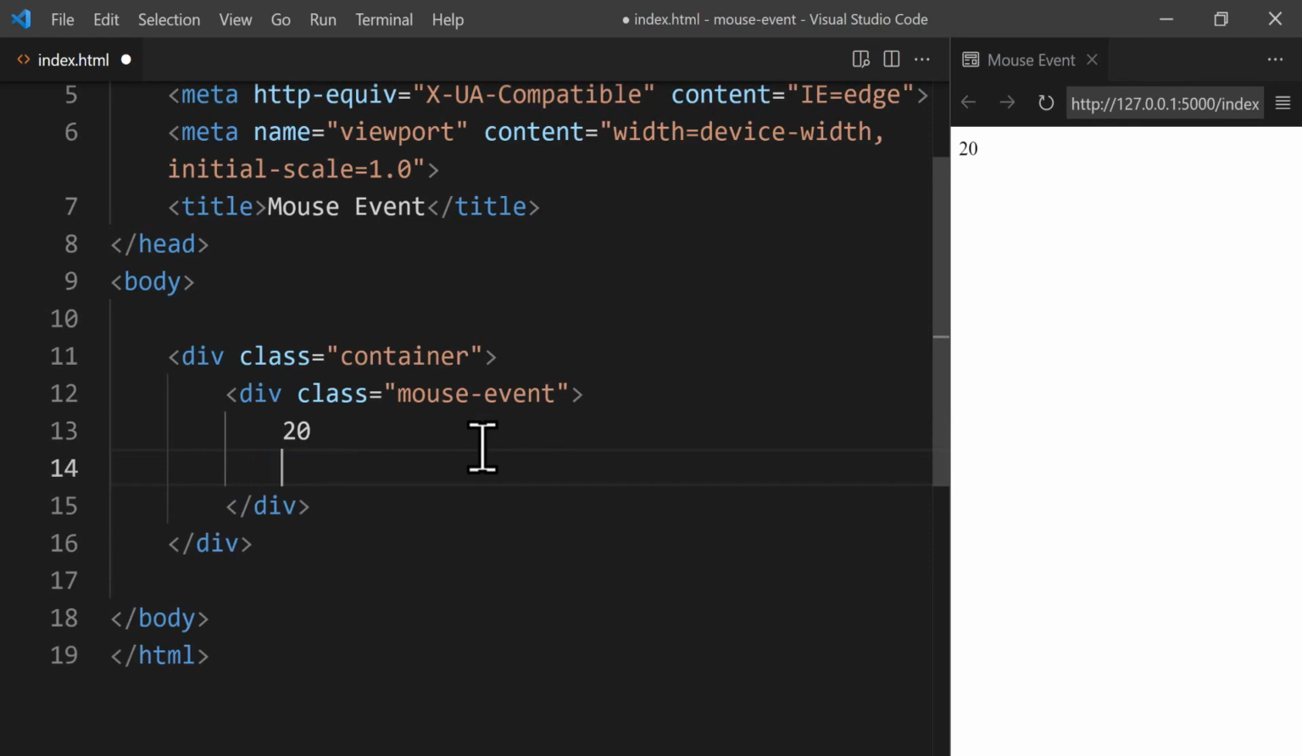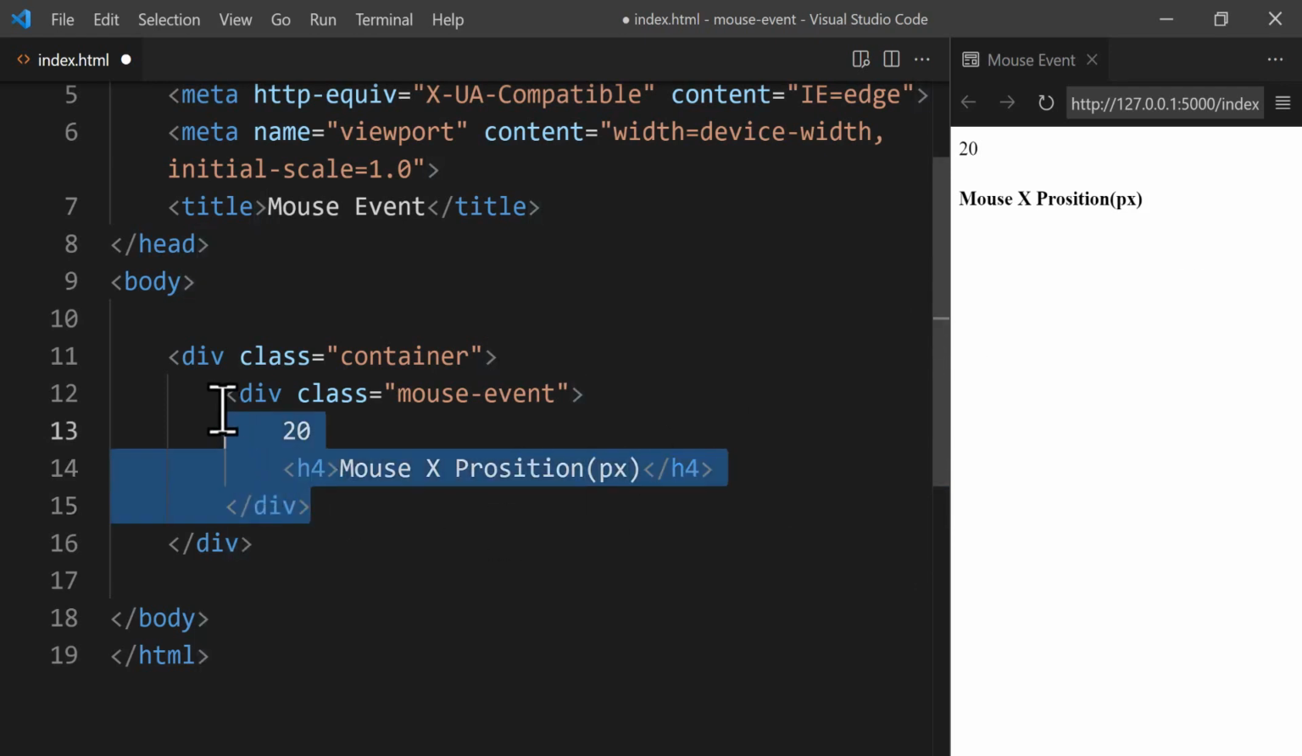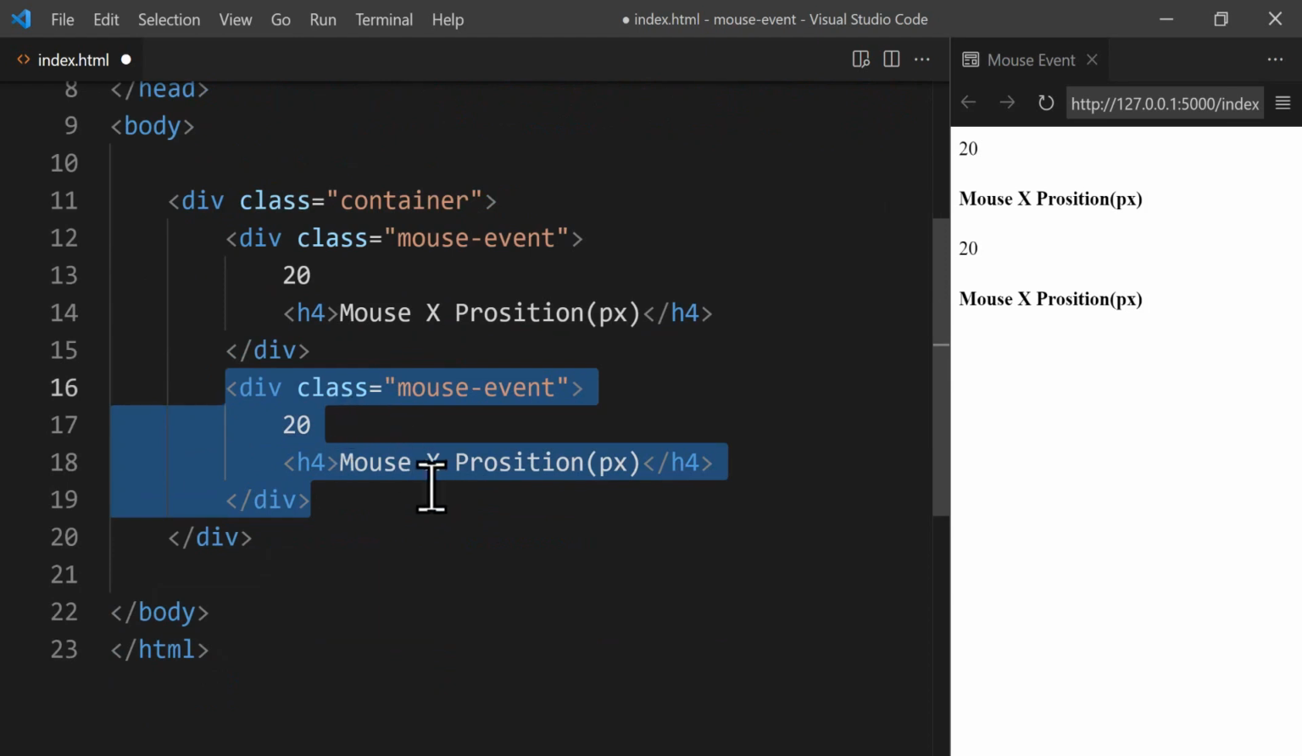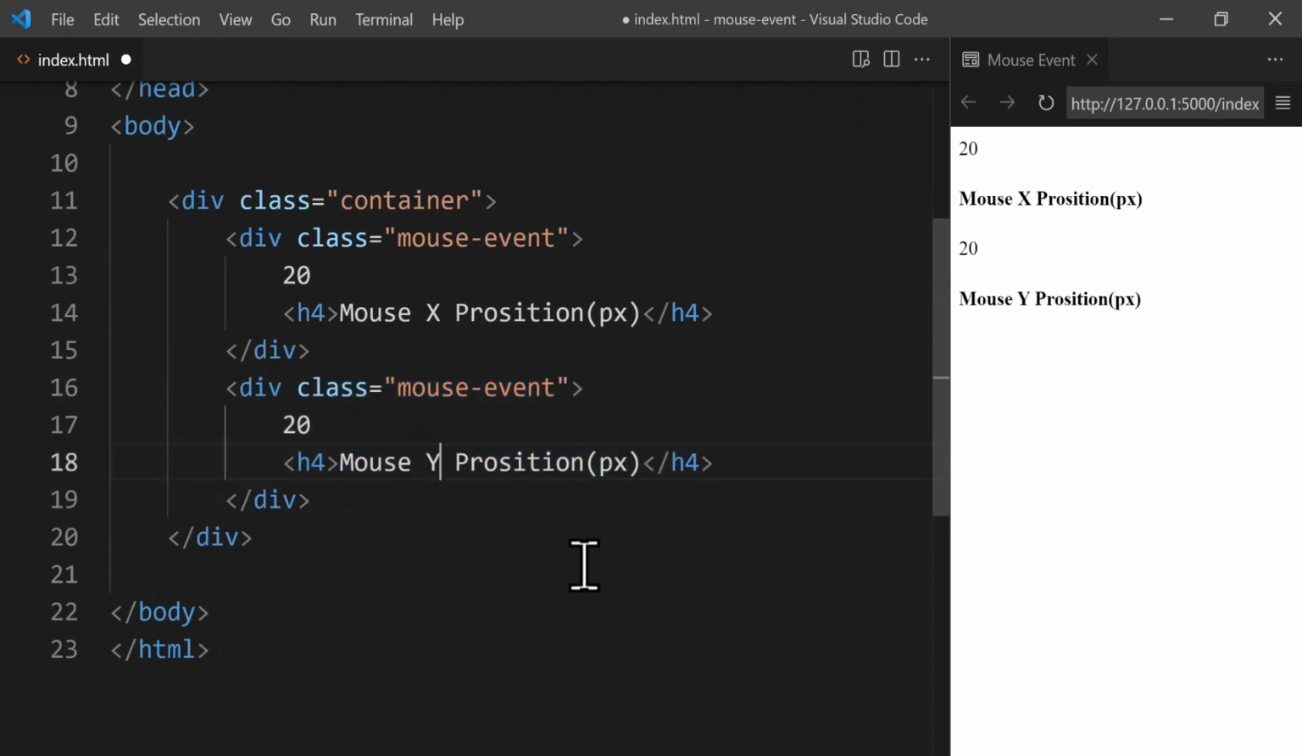Then we have the h4 tag, which just says mouse x position, and we add a parenthesis saying pixels, which means in pixels. And also we should copy this to have the y position as well. So we copy this using Alt Shift arrow down, and we change this x to y. So now we have these numbers and also